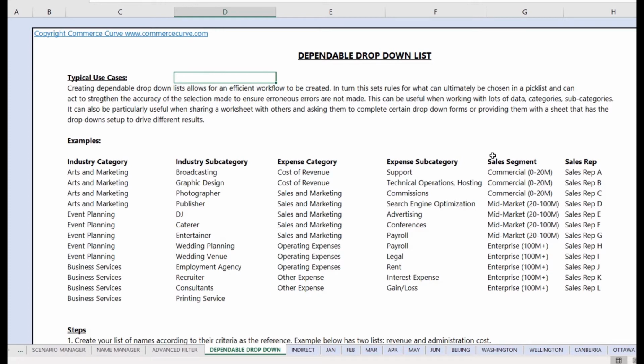Additionally, you can apply dependable drop-downs to things like a sales segment. If you have a sales force and each of those sales reps targets different segments depending on their expertise, then you can break up the sales reps into different segments. Let's say you have a commercial, mid-market, and enterprise segment where your sales team is divided up between those three segments, and some of the sales reps focus on commercial, lower-end type customers which have $0 to $20